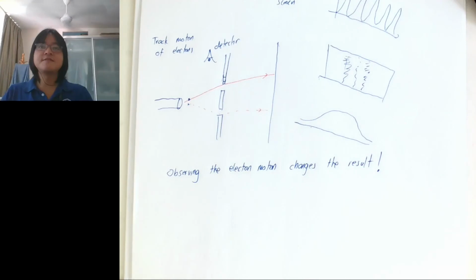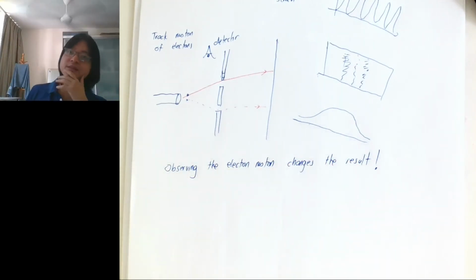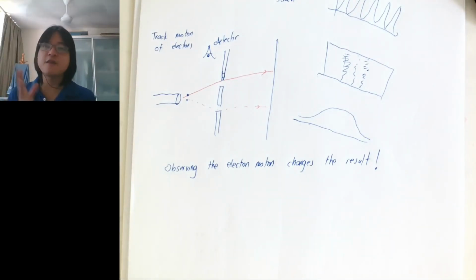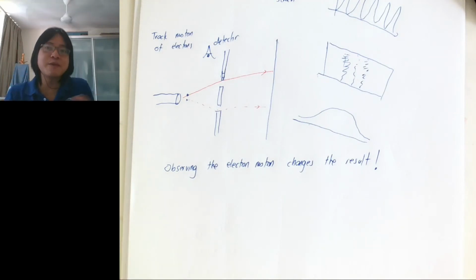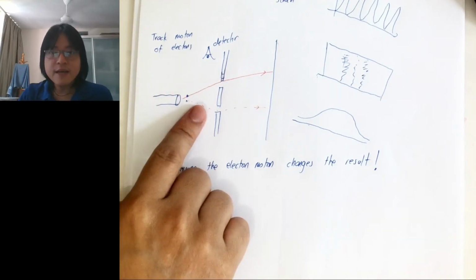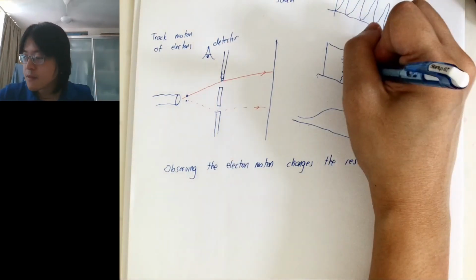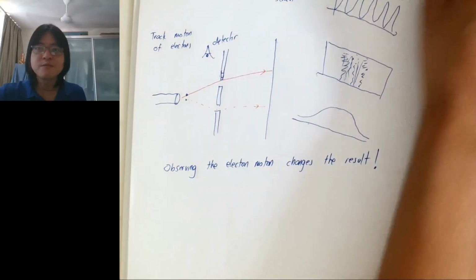That is the huge headache that people encounter with quantum mechanics. As I said, this is the philosophy. Observing something sort of influences the situation, and we are not used to it, right? Because people say, okay, we are neutral observers. You look at it, you don't disturb, right? You just look at it from afar. But just looking at the electron will change your result. Okay, so that is the weird thing about quantum mechanics.